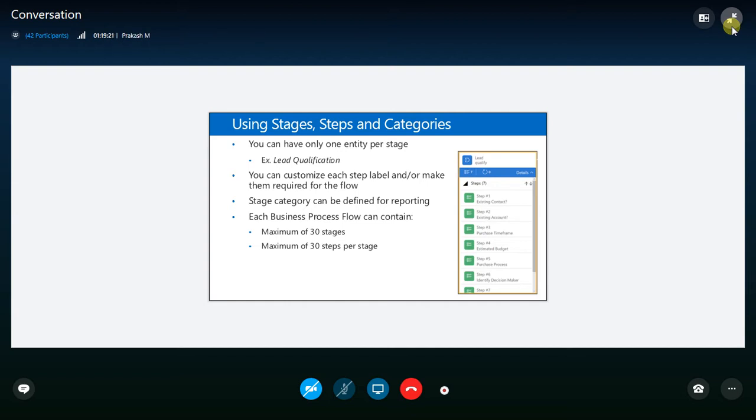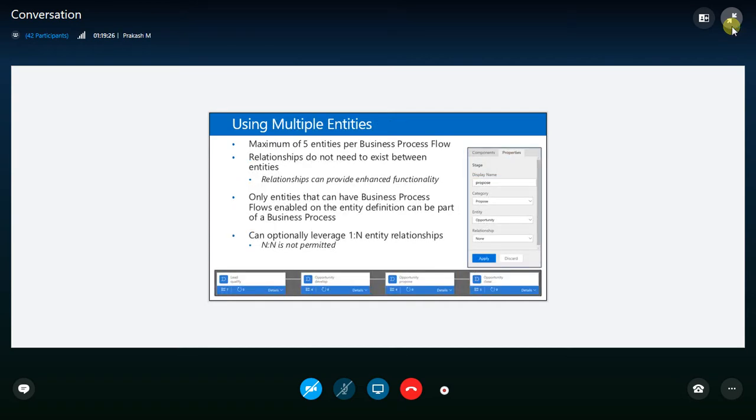So just something to keep in mind, that there are some limitations on how big and grand your business flow can be. Again, what's important to know is you can span across multiple entities, and it is important to know that you cannot do more than 5 entities. So 5 entities is going to be your max when you're spanning across entities. Relationships do not need to exist between entities, so if I go from a lead to an opportunity in the out-of-the-box one, there's a relationship from the lead to the entity. But I do also have the ability to have a brand new entity that's going to be the next step of a